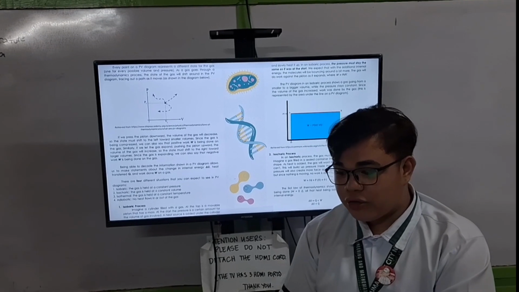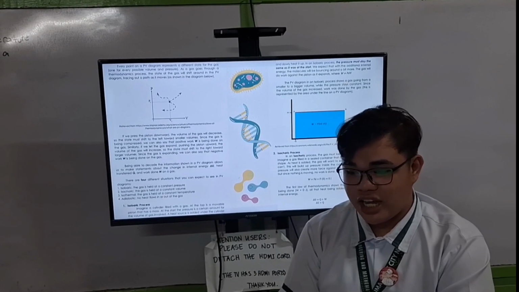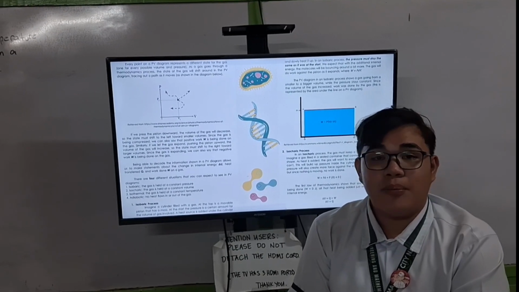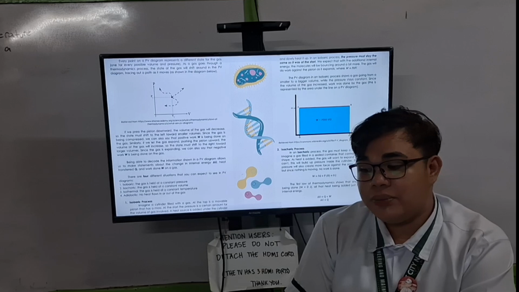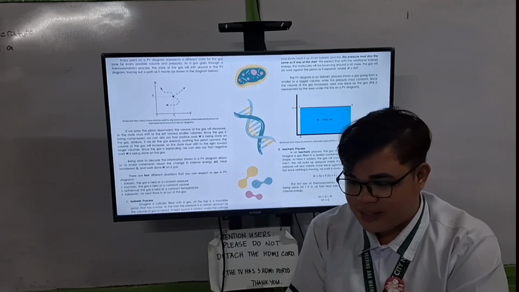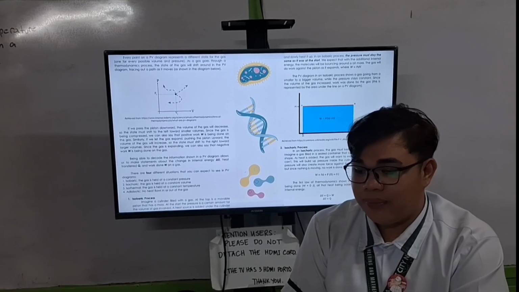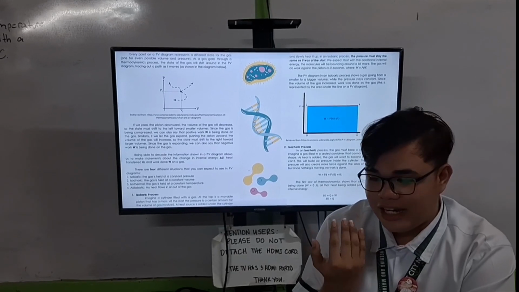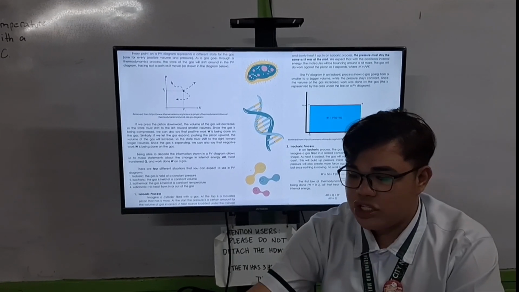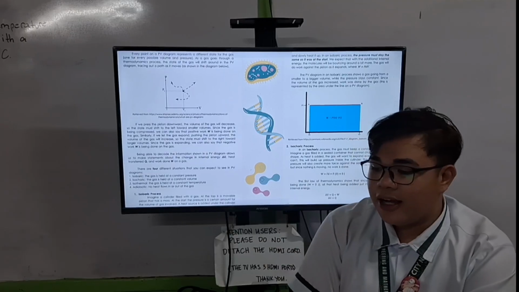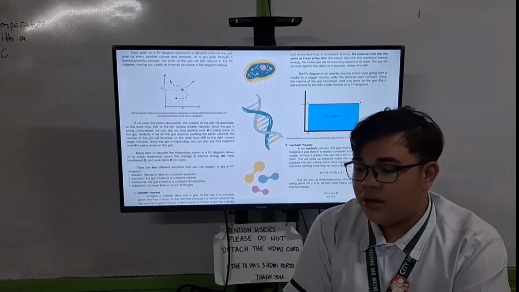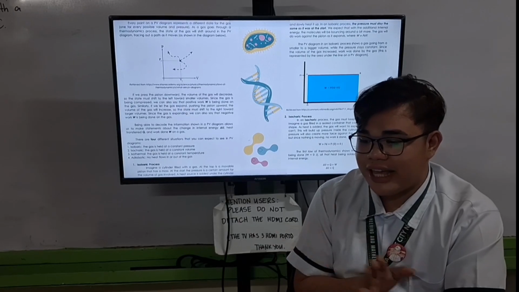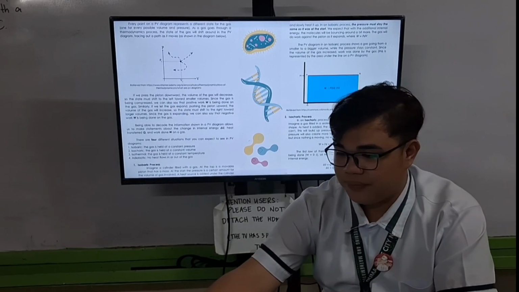Every point represents a different condition of the gas. When you press the piston down, the gas compresses, so volume decreases and pressure increases. When you let the gas expand, the piston moves up, so volume increases and the pressure decreases. In short, moving left on the graph means compression or smaller volume. Moving right means expansion, bigger volume.